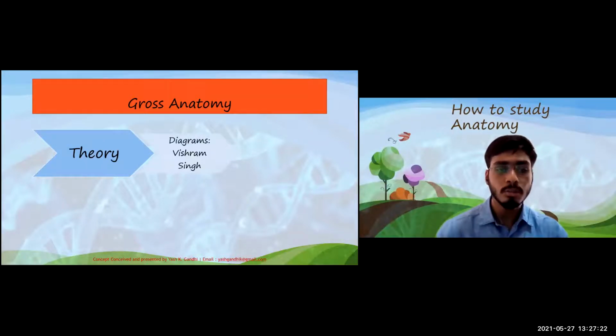The most important thing about anatomy is diagrams. Diagrams are the most important things to study and to remember anatomy. If you have understood and if you are able to prepare one diagram of any topic, then I'm sure you would easily be able to remember it, and also be able to write a lot of things in your answers from just one diagram. So instead of reading a lot of things and trying to remember it, try to make as many diagrams as possible, practice diagrams, and learn the theory from diagrams. So that is the thing.